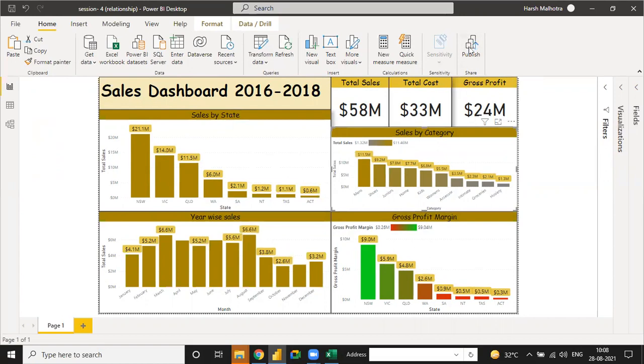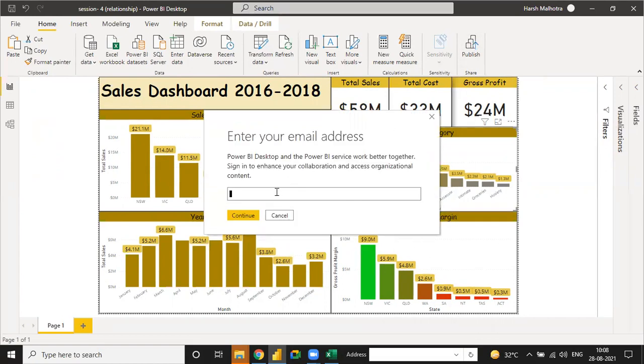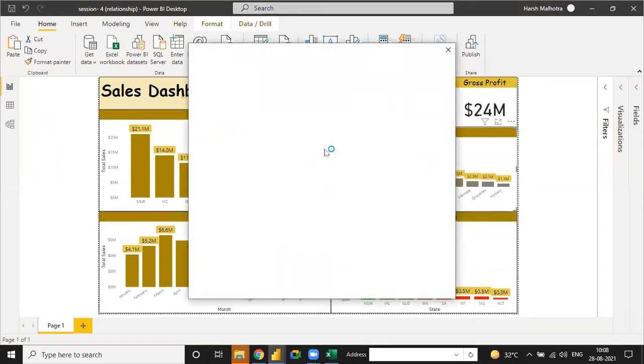Now we are using publish, and see, it will ask me for an email ID. So I put in my email ID, because when you are working, you have a work email ID. Now I have an email ID for Deloitte. So continue.